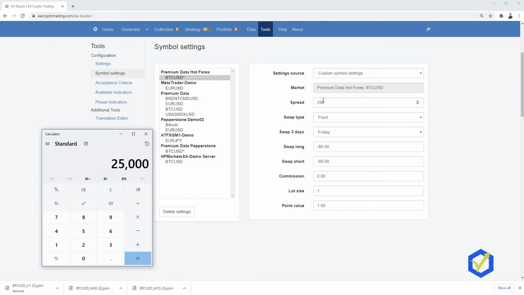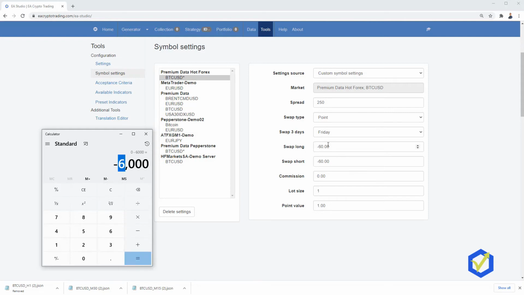And because the premium data has just 1 digit after the decimal comma, or the digit value is 0.1, then I entered 250. Now for the swap long and swap short on Hot Forex, we saw that it's negative 6,000, right? Because they have 3 digits after the decimal comma, which equals negative $6.